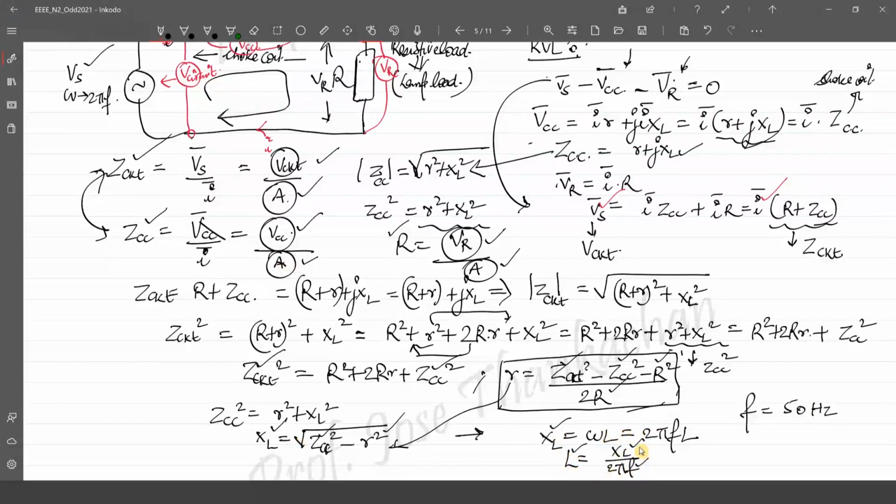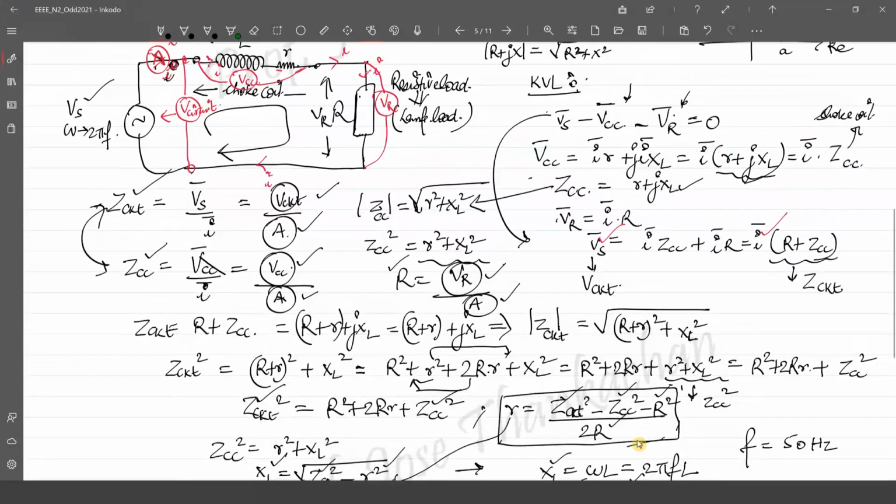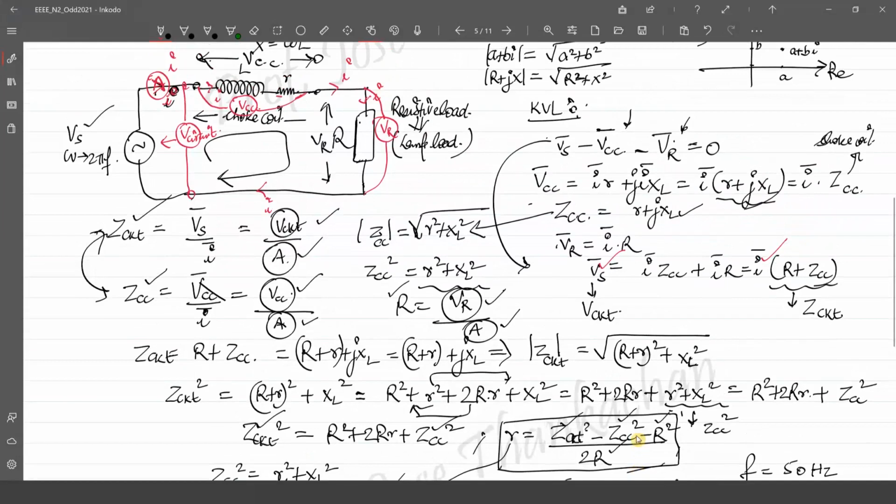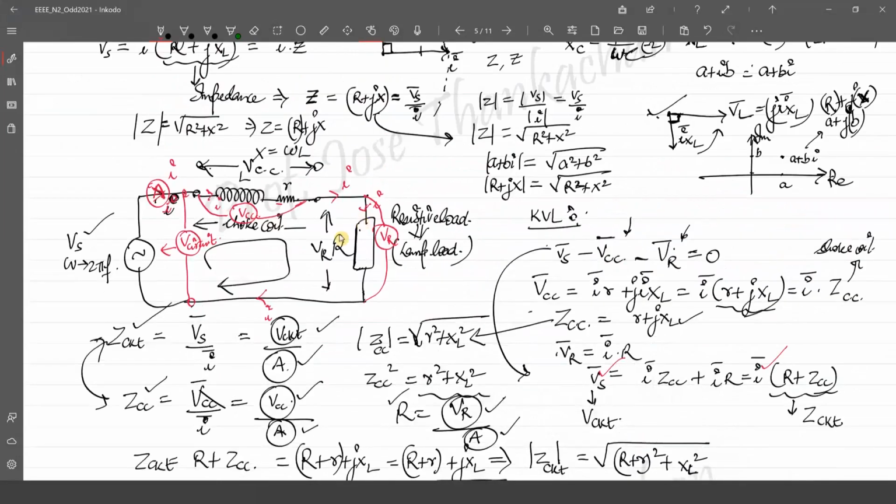Is it clear? So what all we have found out here from this circuit? We have found out the inductance value of this choke coil and the resistance of the choke coil. How did we evaluate this? By connecting this choke coil in series with a load. Now in practical, we are going to connect a lamp load here. The lamp load is also a resistive load. So this is the essential circuit we are having. And by measuring the voltage across the choke coil using a voltmeter, voltage across the load, voltage across the complete circuit, and the current measurement here, we are able to find out the inductance value and the resistance of the choke coil.